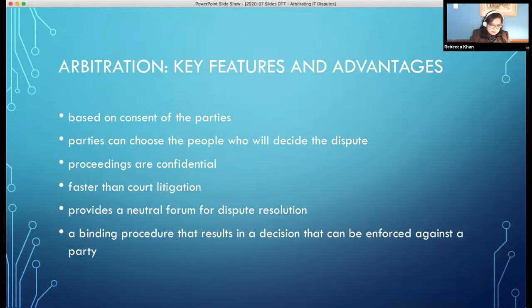Also, another key feature is that proceedings are confidential. You know that court procedures are, by their nature, public. And when it comes to IT contracts, there are certain aspects that parties will want to keep confidential: trade secrets, procedures, processes, perhaps just maintaining standing in the business community, not letting everyone know that there's a dispute with one of their projects. There are many reasons that people will want to keep the proceedings confidential, and arbitration provides that option because